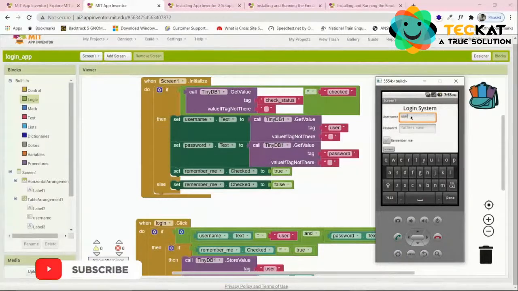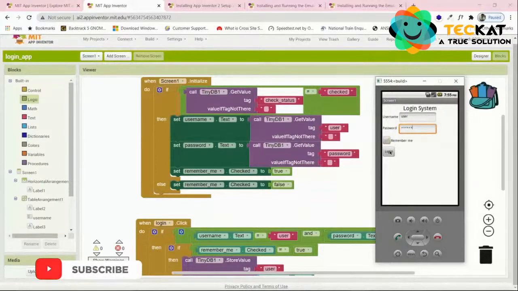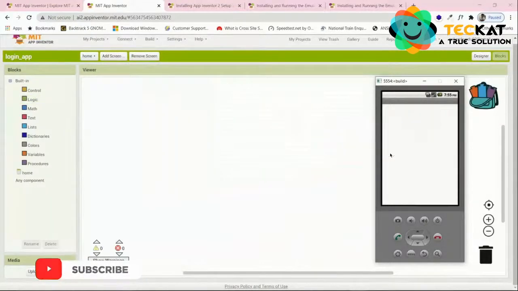Now if you write user over here, password 123456, and we use remember me. Okay, we don't use remember me. Okay, we are logging in. So we are redirected to the previous part. Okay, now if you go to the home,